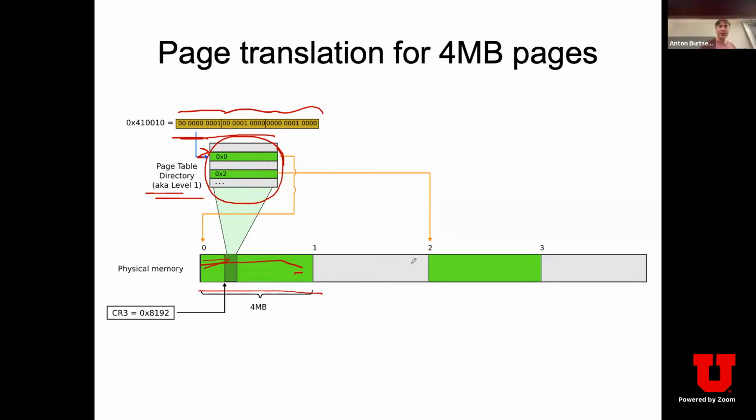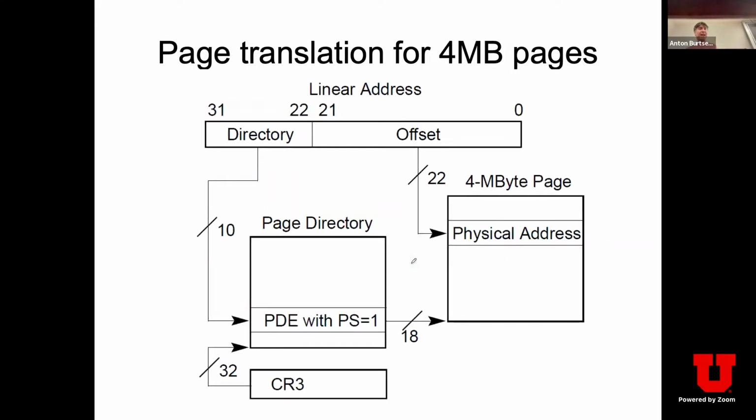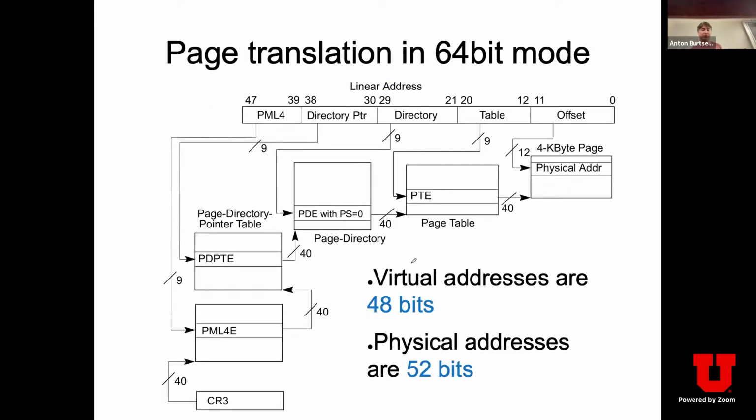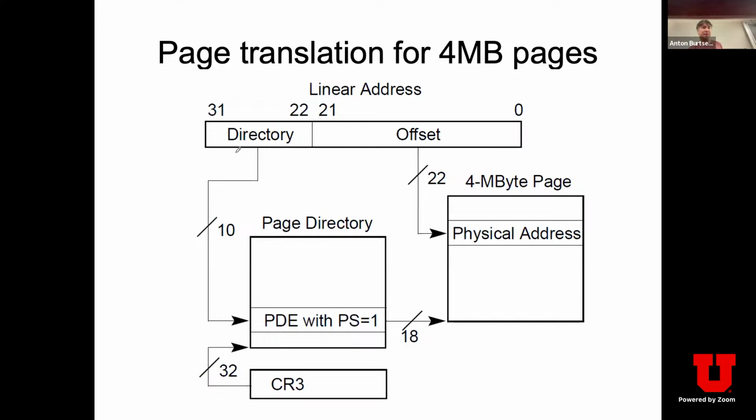Again, that's nice. Intel has this diagram for you, which encodes this drawing. So what happens here is you take 10 bits, the page table directory, take an entry, the page table directory entry with the PS bit, page size, set to 1, and you get the physical page number. Again, you only need 18 bits because you are